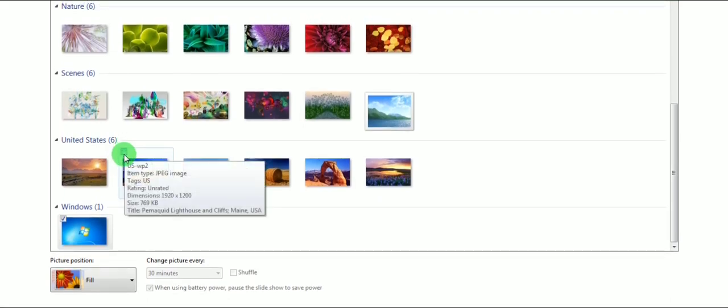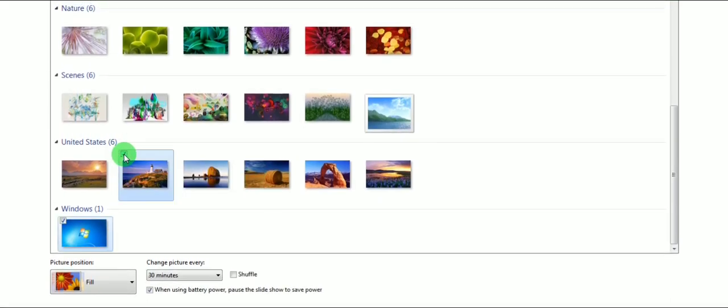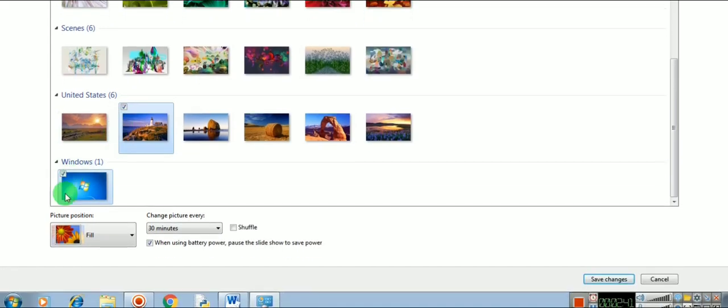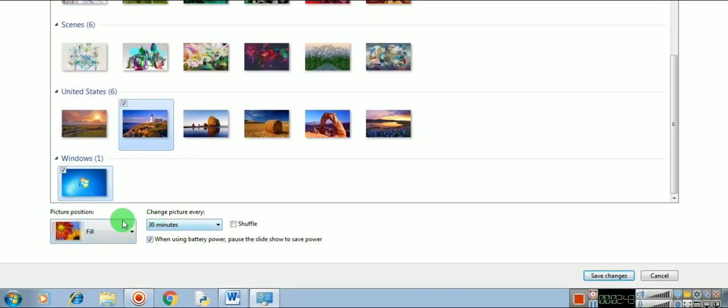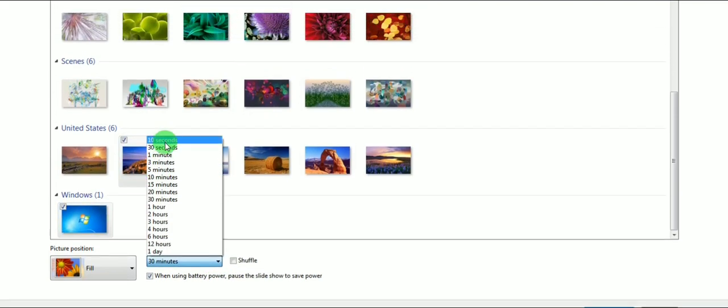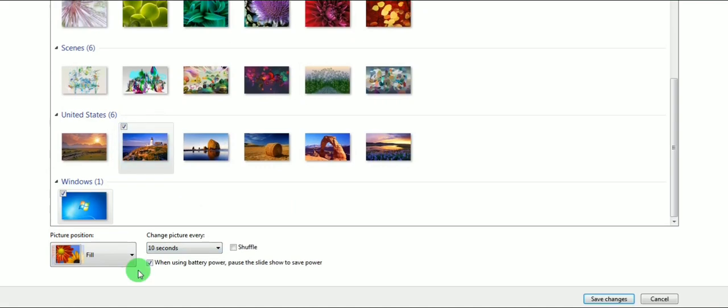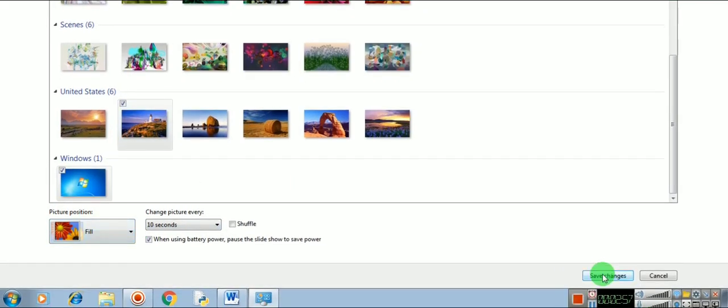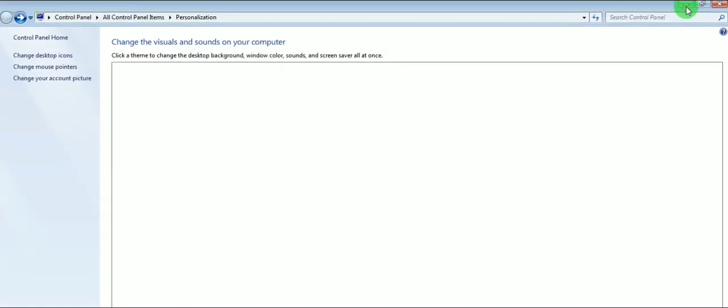Now when I click here, you can see this box. You will click on this box. Check here. Now what is it saying? Change picture means you are selecting both the pictures. Then this picture will change after every 10 seconds. We will try this. Now save changes and I will see what happens.